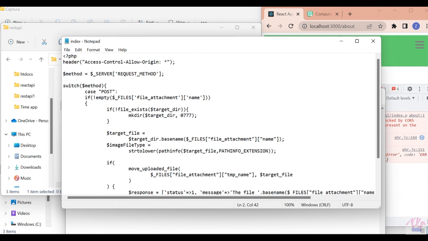Let's give it a directory name as well, so that the directory will get created if it's missing.